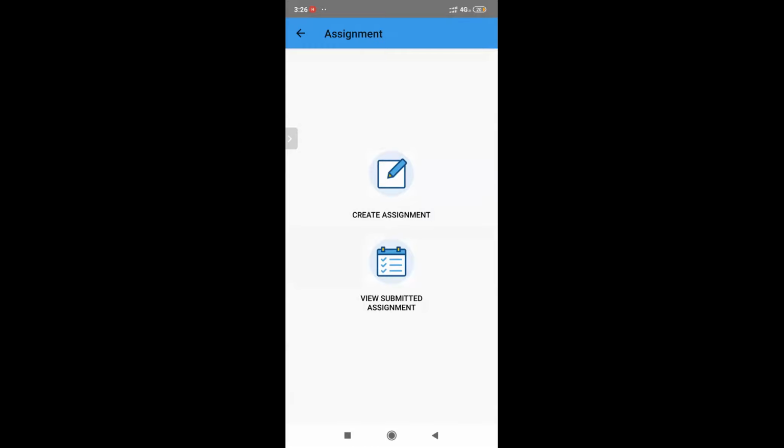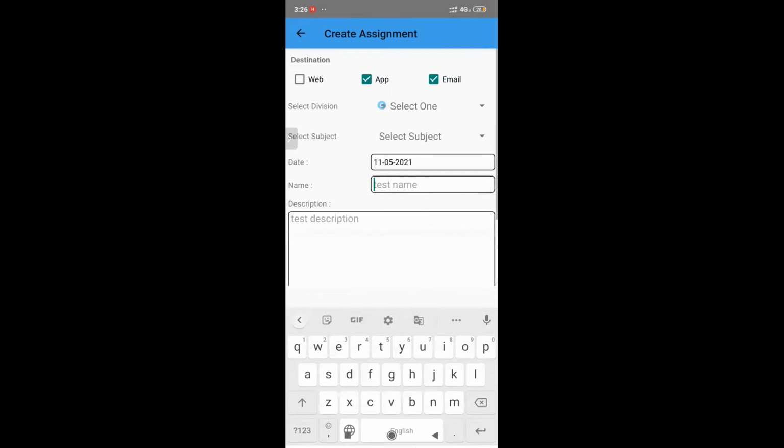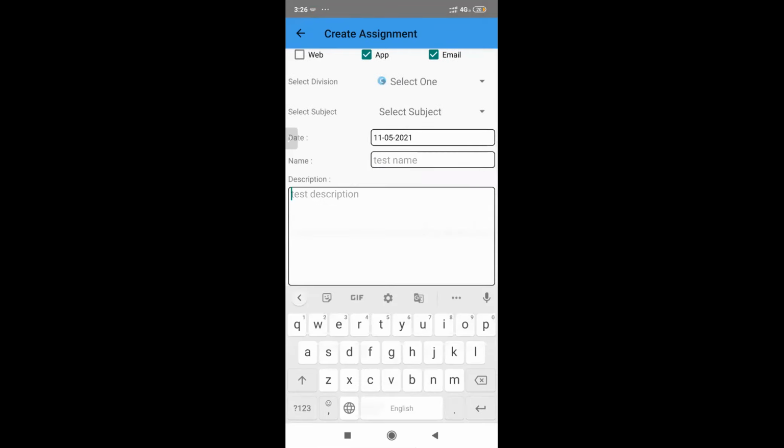Can't we type directly in the test description? So you can, over here, instead of a name, if you want to put a description. Usually every assignment does have a name. It might be worksheet 1, worksheet 2, anything like that. Test name is required, like what is the name of the test? Description is an optional thing.